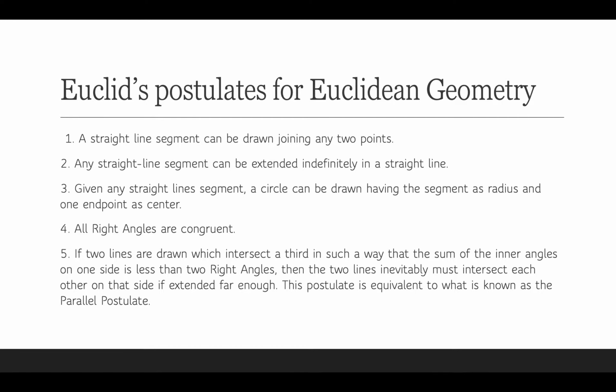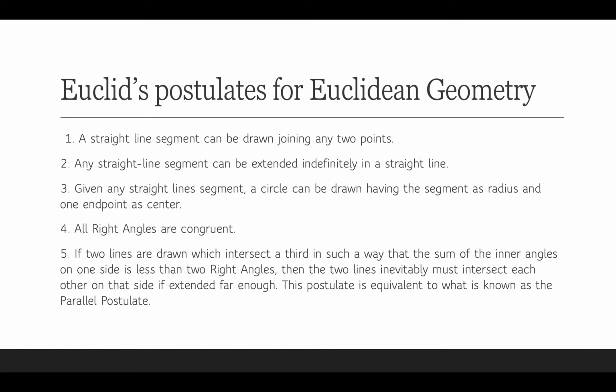which means that I have any 2 points, I can join them together with a line to create a segment. Number 2, any straight line segment can be extended indefinitely in a straight line, which means that any line segment that I have, I can extend in both directions in order to create a straight line. Number 3, given any straight line segment, a circle can be drawn having the segment as a radius and one endpoint as a center. Basically means that any of my straight line segments, I can have one point as the center of the circle and one point as a point on the circle,